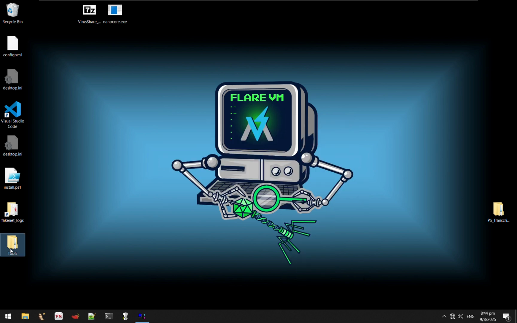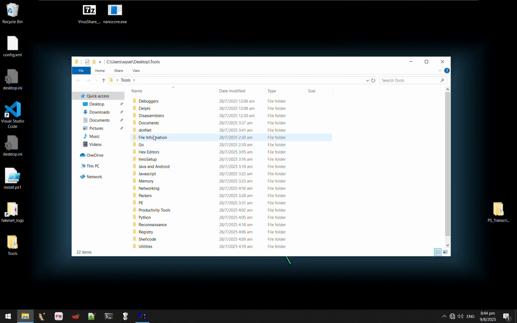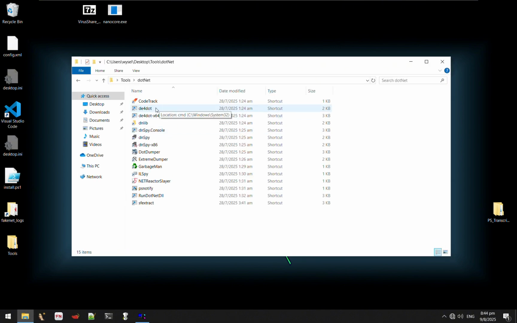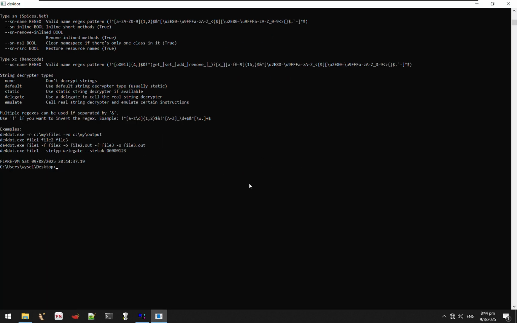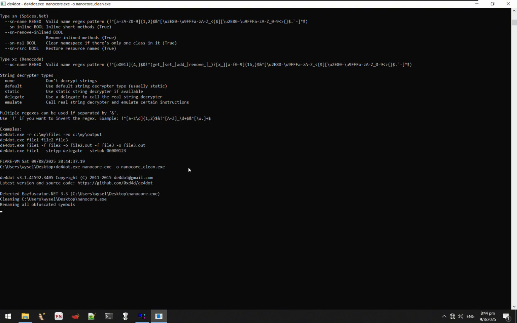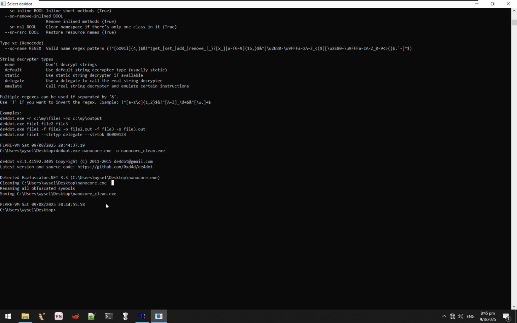To use the de4dot tool, we will first open it up in our tools folder. So the command that we will be using is de4dot.exe followed by the name of the malware, then -o, which outputs our file into the specified file name after. We'll be calling it NanoCore clean.exe. It has detected the Exeinfuscator .NET 3.3 as shown in our previous section and cleaned the malware and saved it to